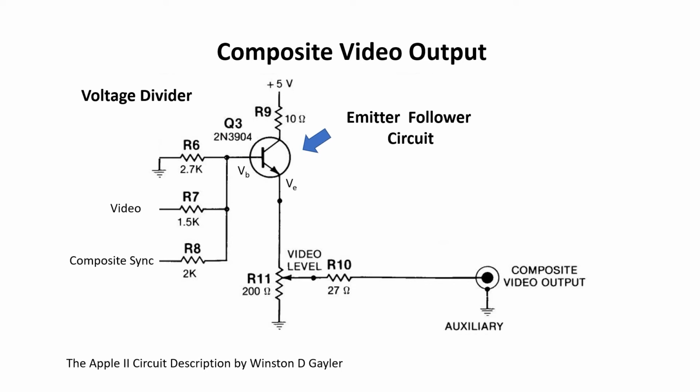What does this mean? Well, if we look at the voltage at the base and the voltage at the emitter, the voltage at the emitter is always about 0.6 volts less than the voltage at the base. And obviously it can't go below 0. The reason Woz used this circuit is that it separates the voltage divider from the load on the output cable. So now when I connect up active and composite sync, I should be able to generate a signal that the monitor can lock onto.